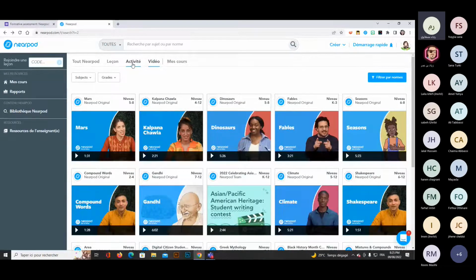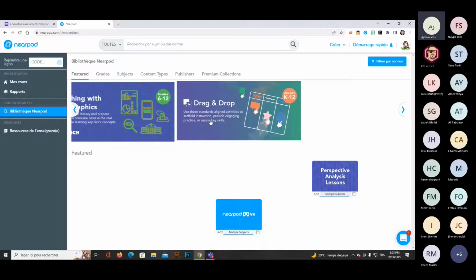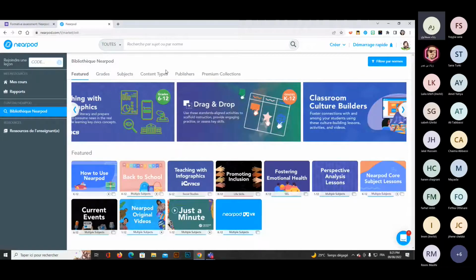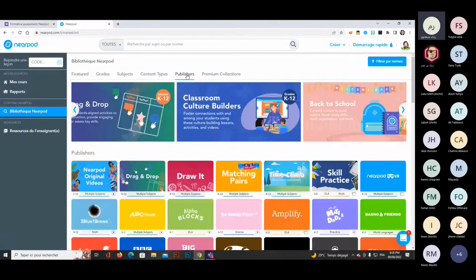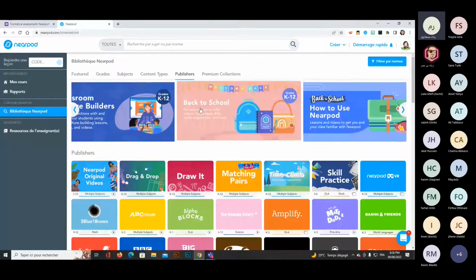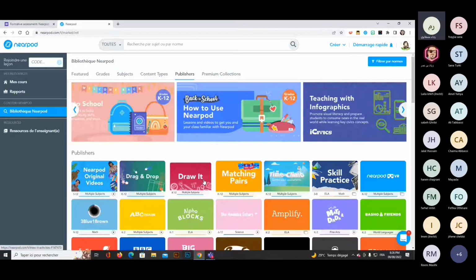To the library. So we stopped at the content type. Publishers, this is very exciting and rich, also part of your library. You have trusted publishers, publishers who are engaged with Nearpod. Okay. I scroll down. I have different channels, BBC World, Biography,